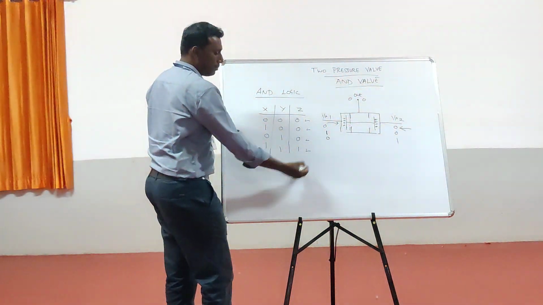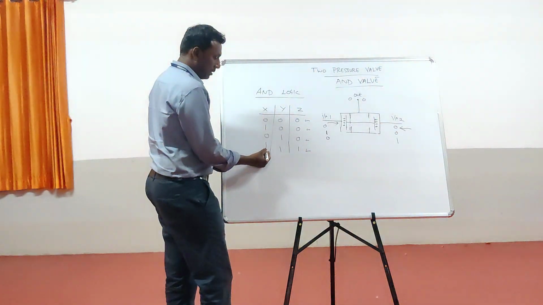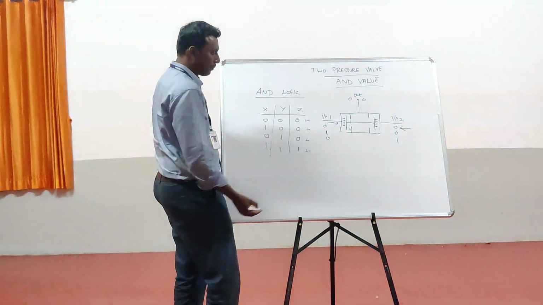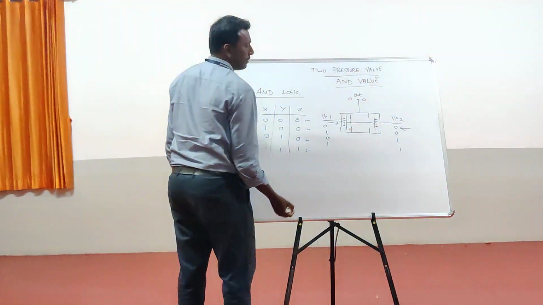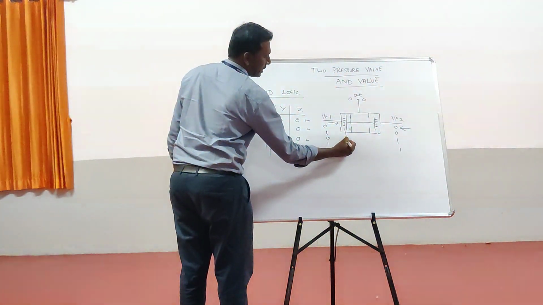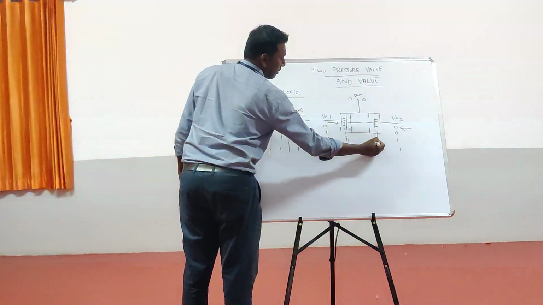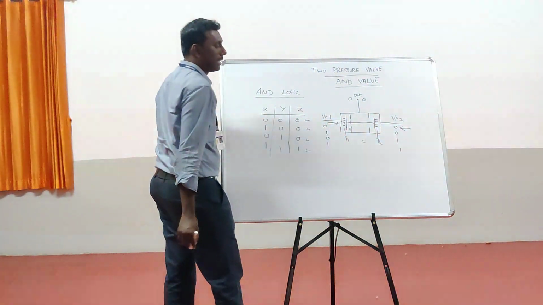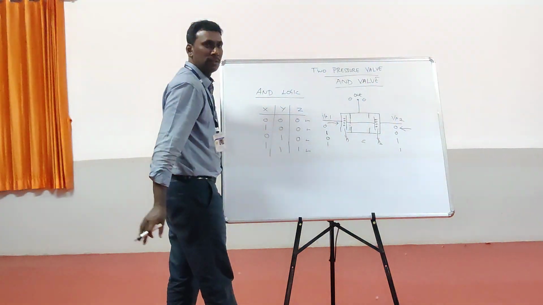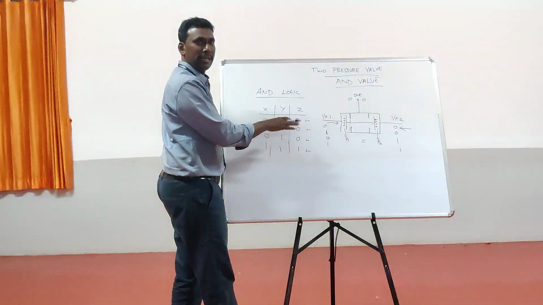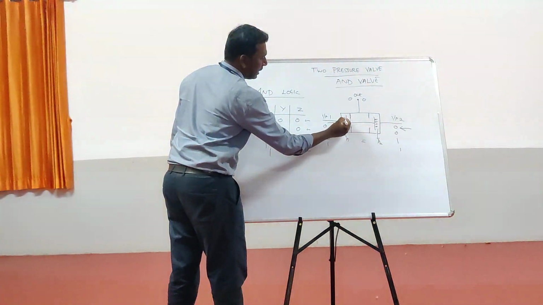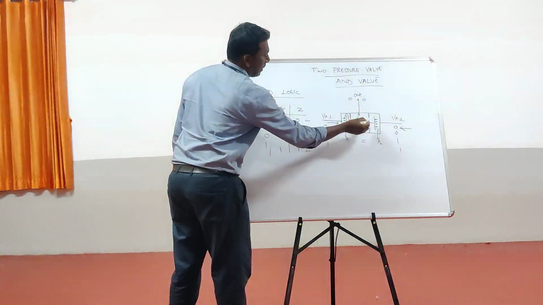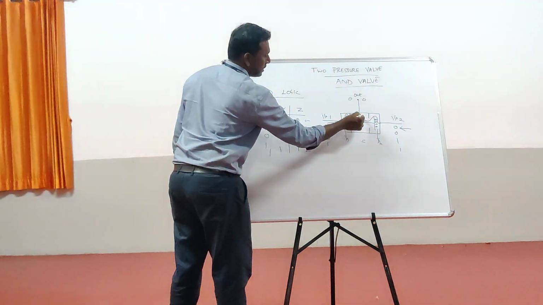Consider the fourth combination, where both inputs are enabled. So here also fluid is supplied, and here also fluid is supplied. With fluid supplied at both ends, here we have a pressure P1, and here we have a pressure P2. Both the pressures are equal, which means the spool will be stable in the valve. So the fluid enters like this and here also the fluid enters like this.